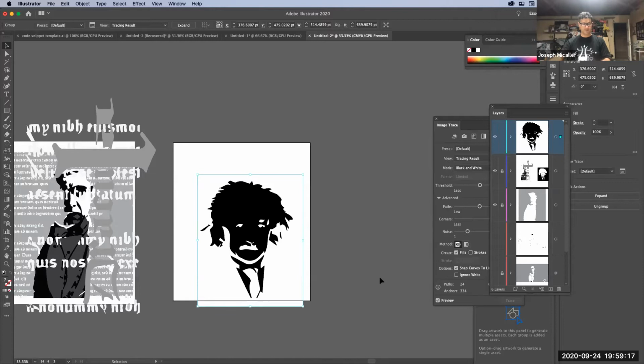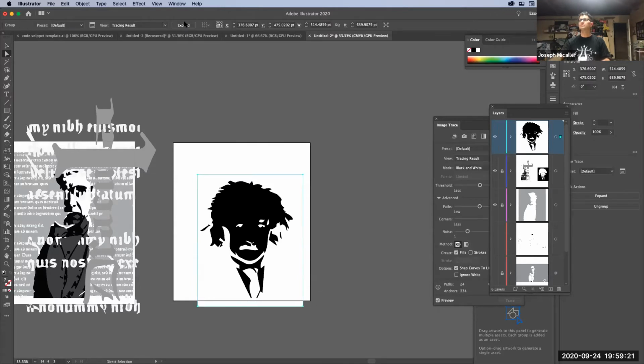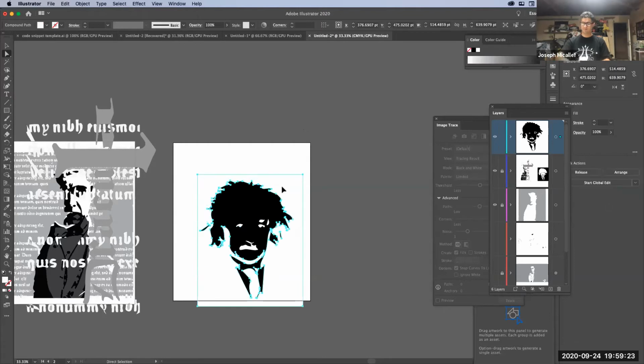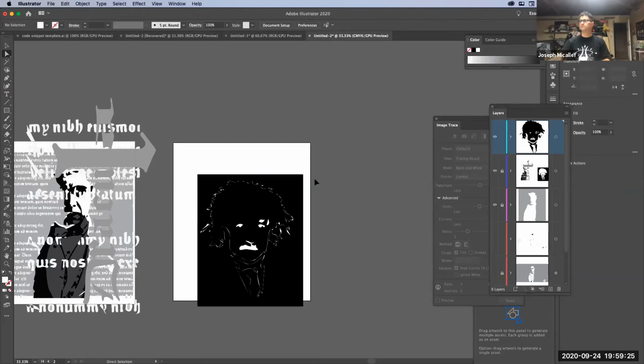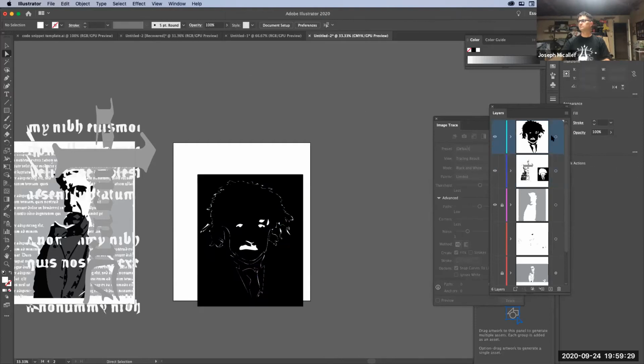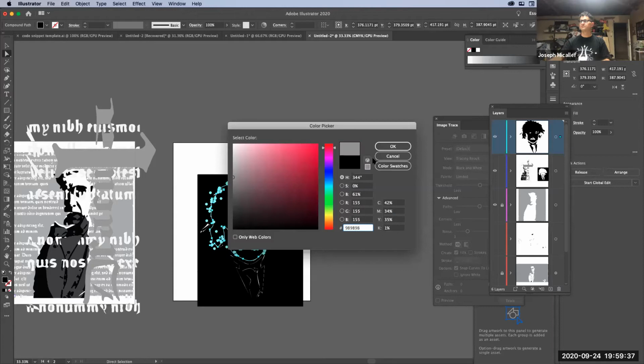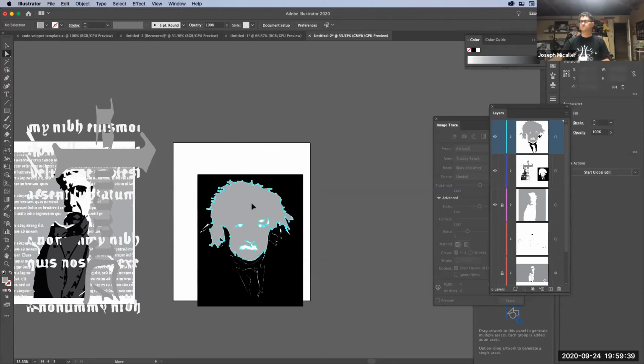And then I'll do that trick with the, so I'll make this grayscale. Shift it, and then I'll go into opacity and